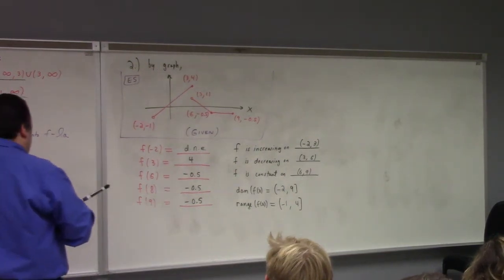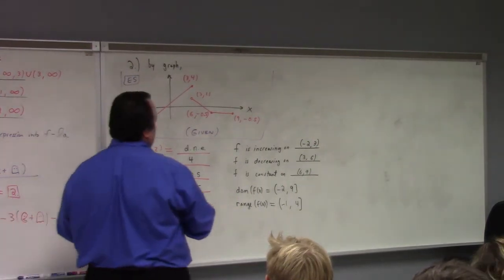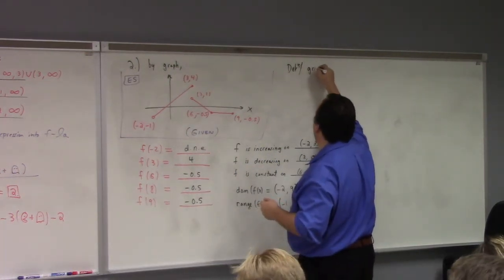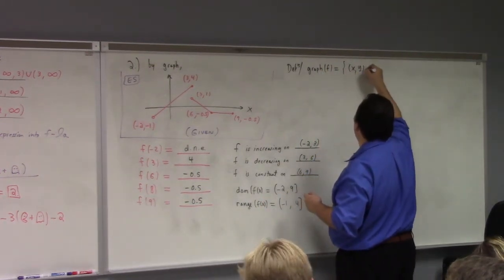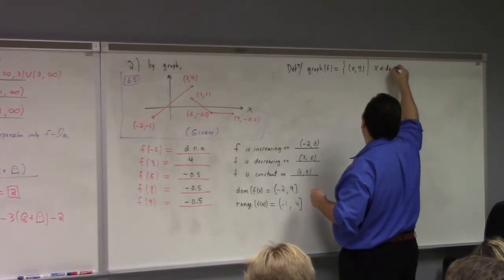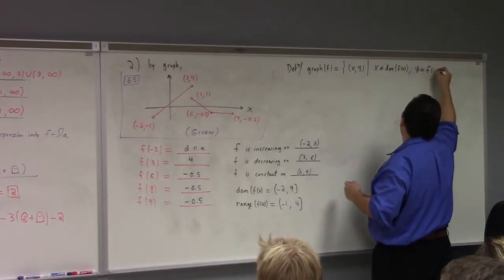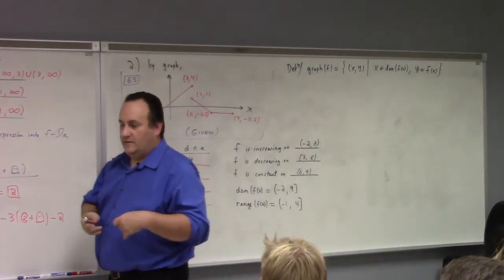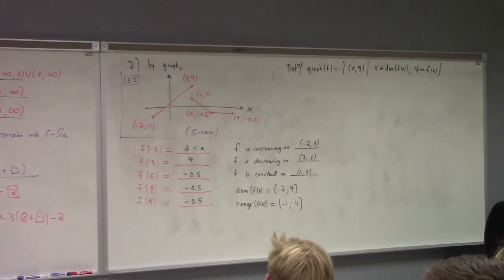Now, if you've looked through your homework, you realize that there are other problems in the homework which are weird, right? They're not like this, are they? So I should mention the definition. The graph of a function is the set of ordered pairs x comma y, such that x is an element of the domain of f, right? And y is equal to f of x. So the graph of a function is a set of ordered pairs. Your book takes the viewpoint, actually, that the graph is the function. So sometimes they'll refer to a collection of ordered pairs as if it is the function, all right?